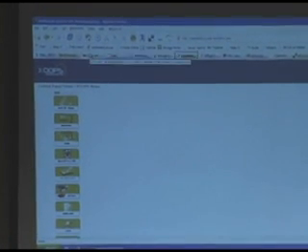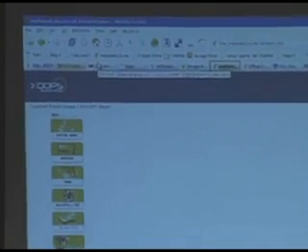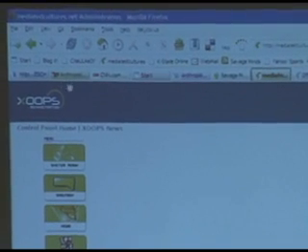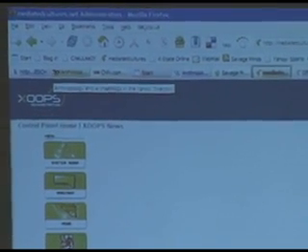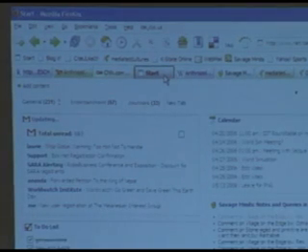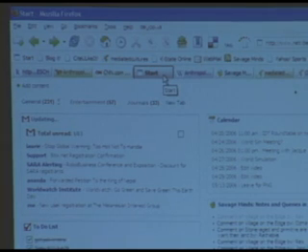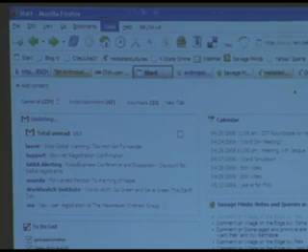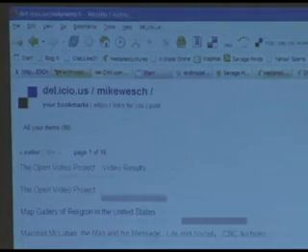You mentioned Firefox and its advantages. Can you talk a little bit about those? A lot of these add-ons that you see up here that I've added, you cannot use in Internet Explorer. The other thing I like about Firefox is the tabbed browsing. Normally in Internet Explorer you'd have all these windows open down here, and once you get over 10 windows then you get a stack of them and it's really hard to navigate through. This just allows me to bounce through.